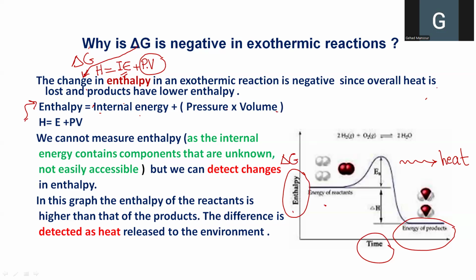So the release of heat here is an indication that there was a change in enthalpy, that there was delta H. And we can deduce, of course, from the graph that the energy of the products is lower, or that the enthalpy of the reactants is higher, and the difference is detected as heat that is released to the environment. Actually, we can move on